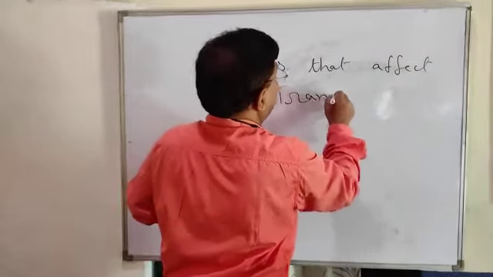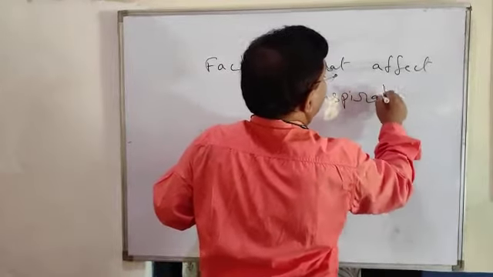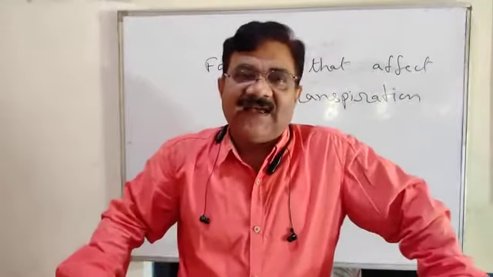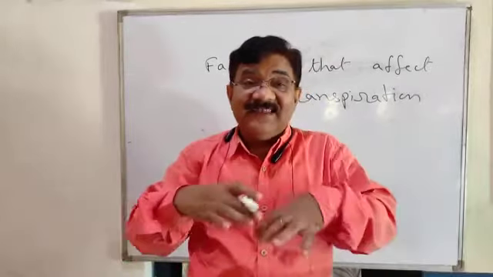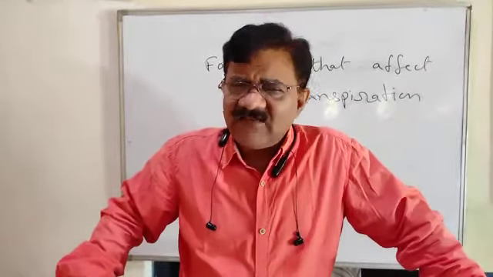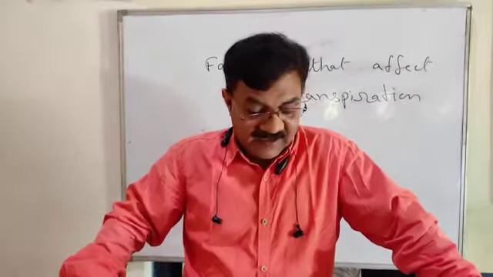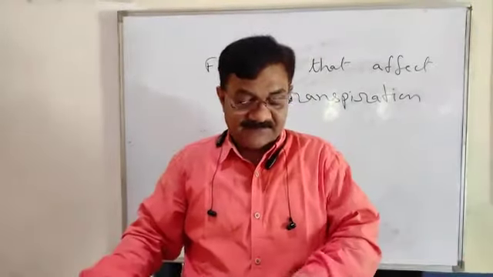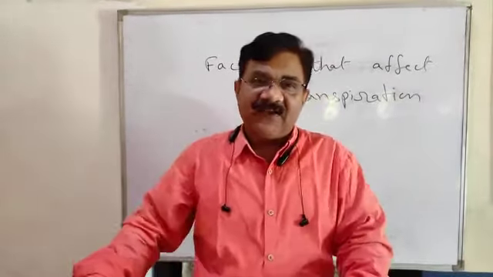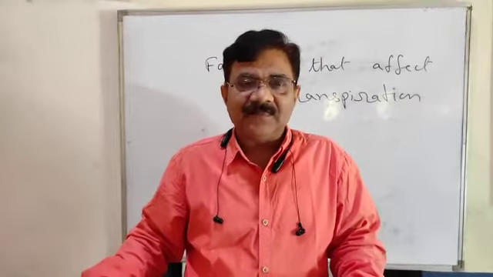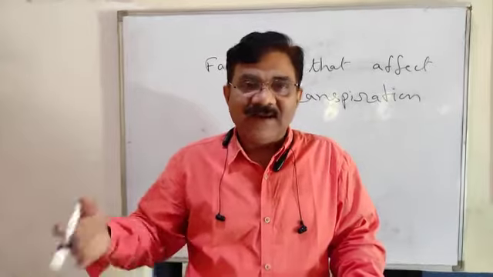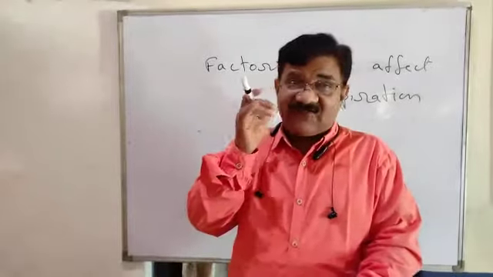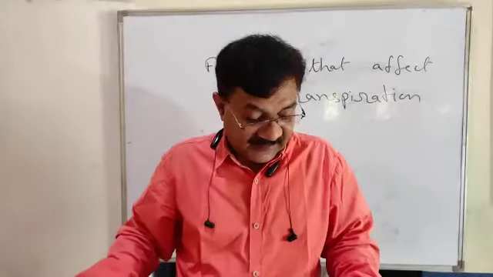Let us discuss each and every factor in detail. So, first factor, intensity of sunlight. If the intensity of sunlight is higher, naturally the rate of transpiration will be higher. So, more transpiration occurs during the midday. And next, temperature. If the outside temperature is higher, to maintain the body temperature, the plant will lose more water. So temperature increases the rate of transpiration.